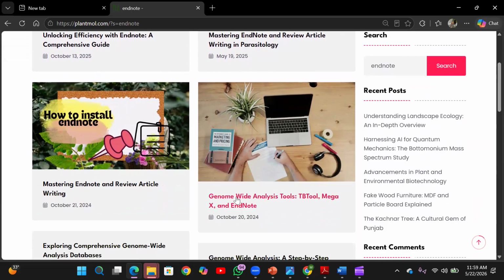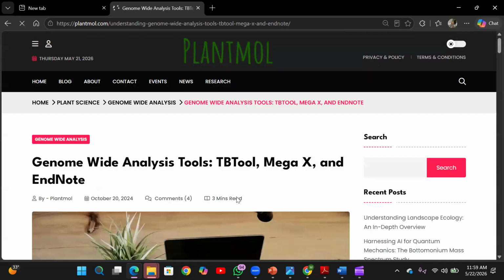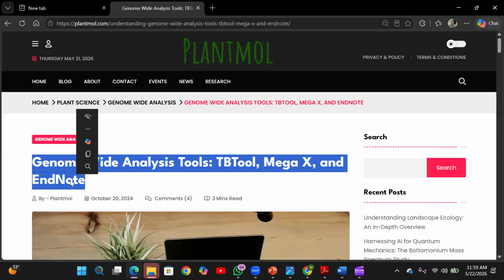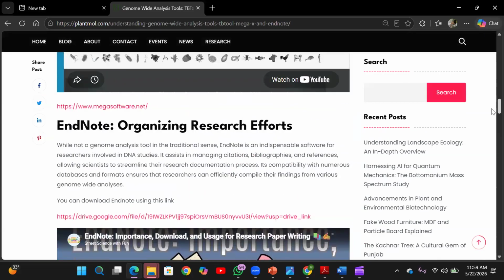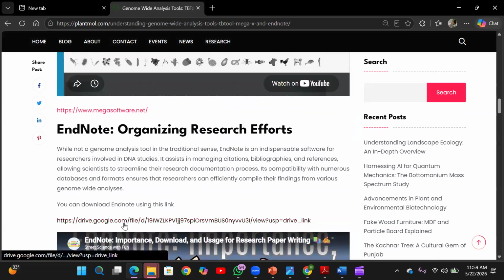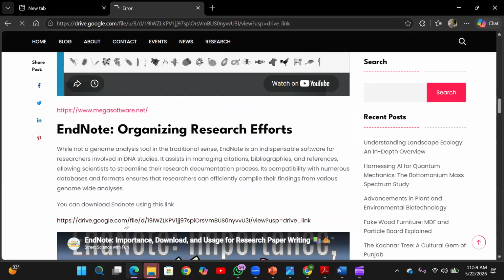So, genome-wide analysis tool. Here you can find EndNote. Okay, you can go there. You can click here, and you can download the